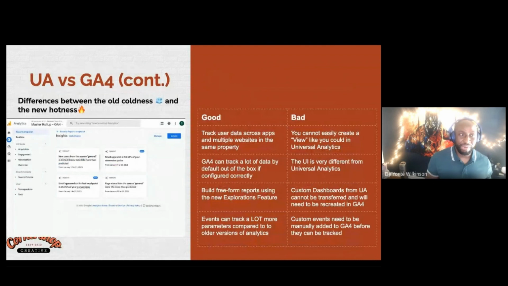Next, we're also going to talk about the other differences between UA and GA4. The good thing is it can track user data both across apps and multiple websites in the same property. The bad is you cannot easily create a view like you could in Universal Analytics. I know this was a very popular thing in Universal Analytics, where you can create a view to say, I want to ignore all internal traffic